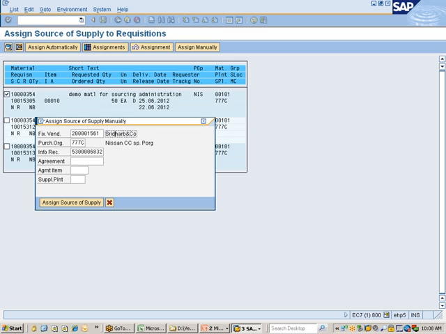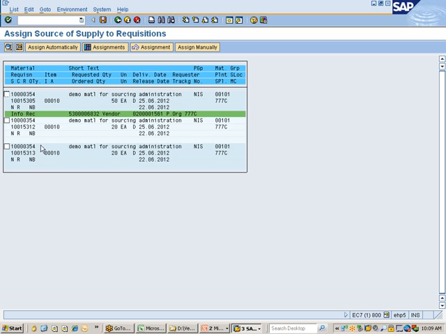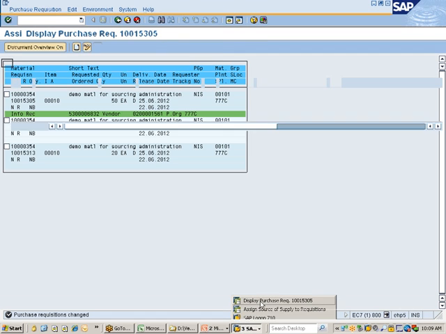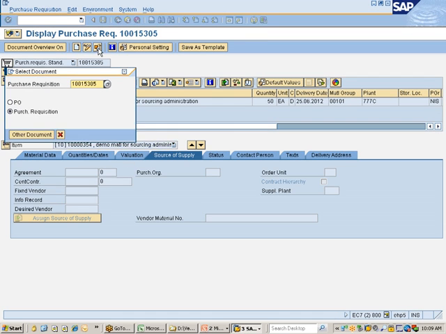Now here Sridhar, with whom this info record was created, has been selected as source of supply. And then when I go with assign source of supply, you see the info record has been added or maintained as the source of supply. Alright, now if you can just go back and display the same requisition,